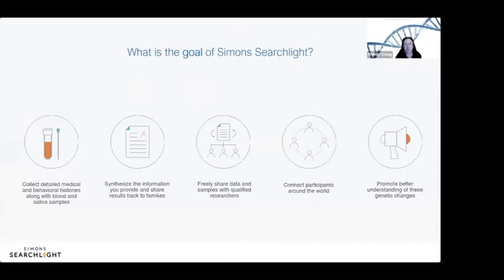If any of you want to participate, you can just Google Simon Searchlight. Then it'll take you right to the landing page, and you can look at the genes we study about midway down the page and look at HIVEP2. Simon Searchlight is an international study, and what we're trying to do is very much learn from each other. It's all about 150 different genes, or what we call copy number variants, that are associated with autism and related neurodevelopmental disorders.